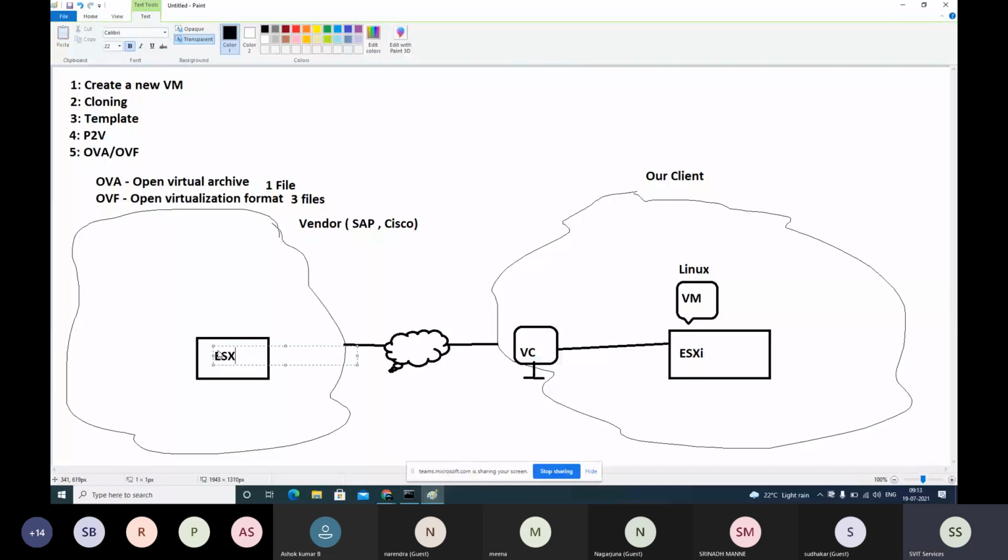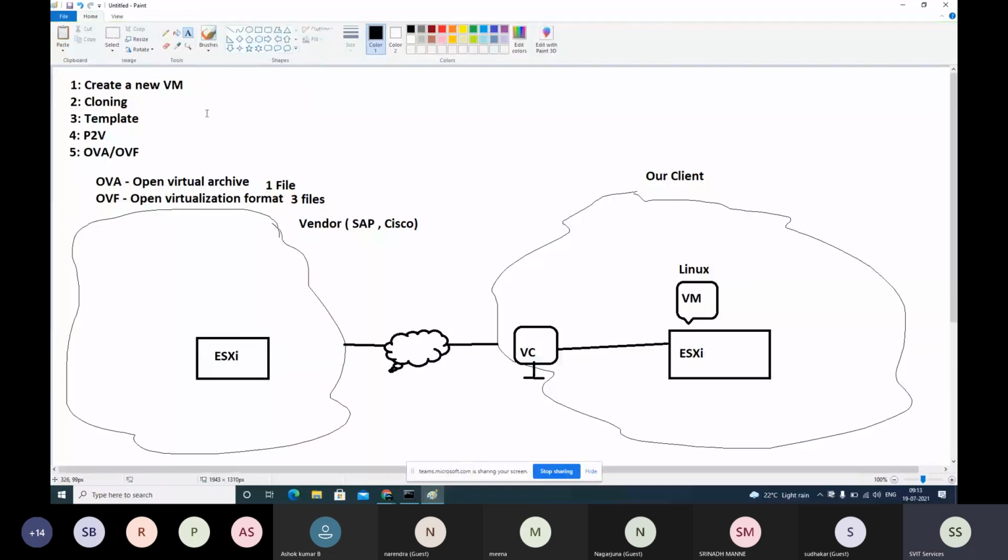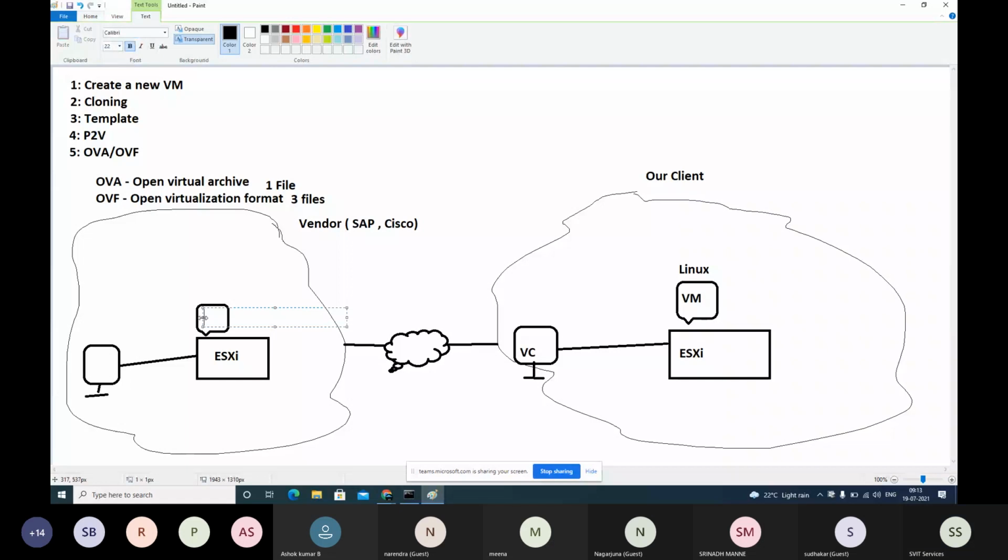They know that across the world, people are using VMware vCenter and ESXi to run their business applications. That means their applications are used worldwide, 60 to 70% on VMware ESXi. That's why they will ask their admins to create a virtual machine. Here also there will be a VMware administrator like us.